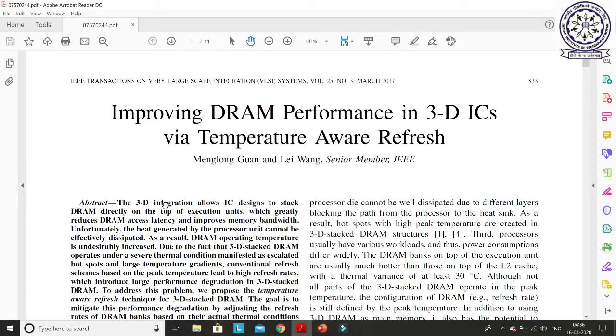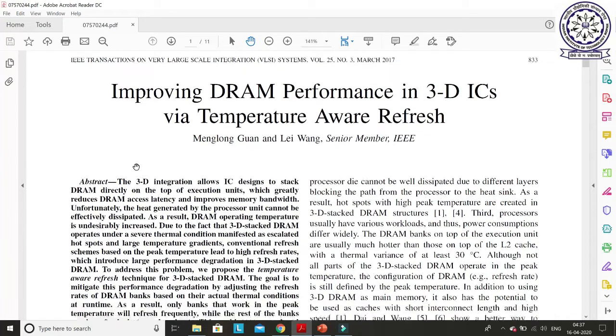One more point I have to mention before starting: I have not designed a specific PPT for this paper, because most of the things written in this paper will be easy for you to understand after all these discussions. Whatever basic concepts are written in the introduction section and the other sections of this paper will be easily understandable for you. So I found there is no need to design a separate PPT for this lecture. I'll only explain the most important things of this paper, and the remaining things will be very easy for you to understand.